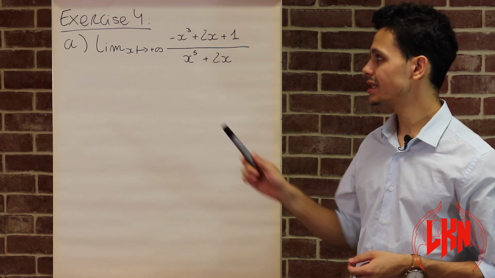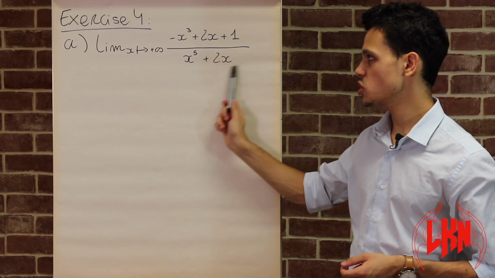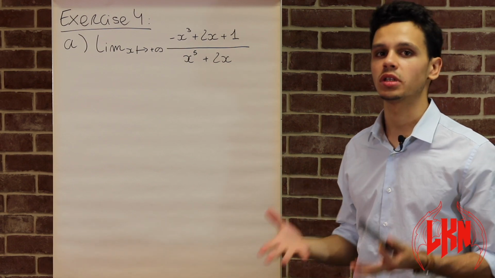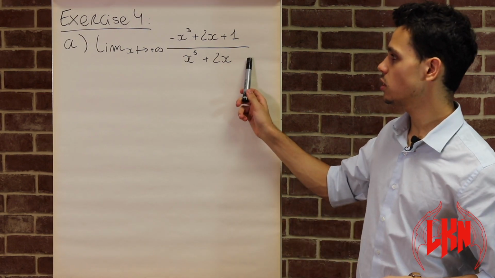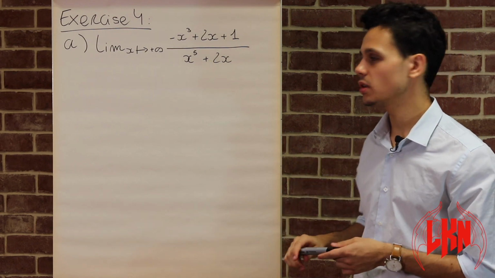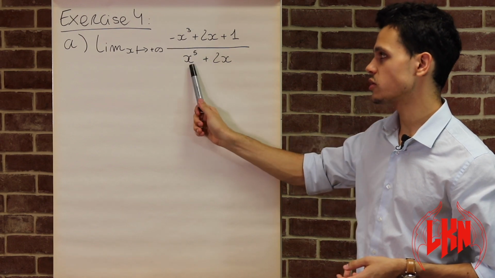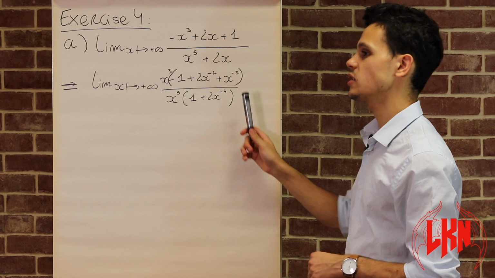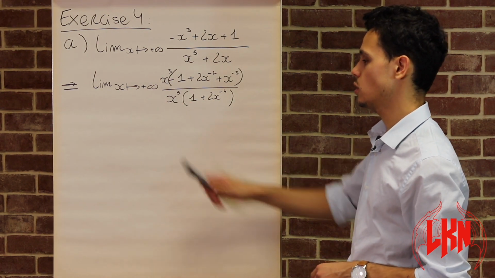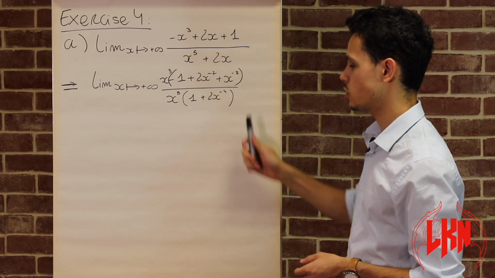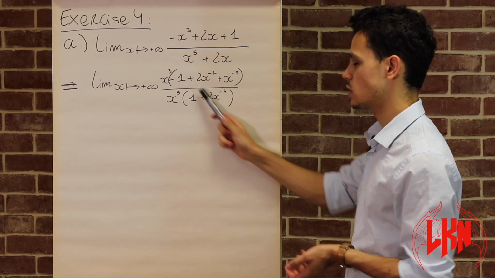We are looking for the limits of this expression, and in order to find it we need to understand the priority of limits. In this one, the elements that are going to be important for the limit are the two powers here, so we need to try to isolate them. Now that we have isolated those two, we find ourselves with two parentheses which are going to lean towards here